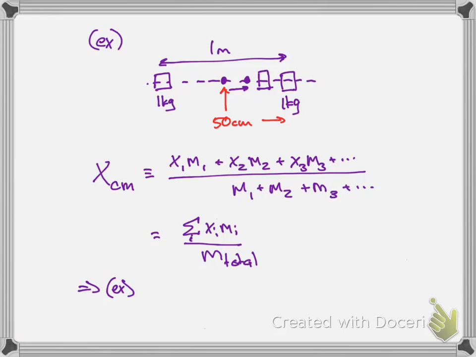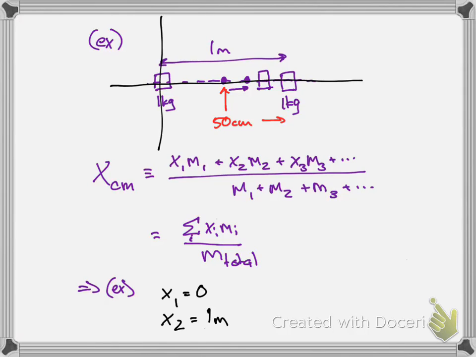They're a meter away from each other, but that's not their position, right? We have to put them on a coordinate axis. So we got to define our coordinate axis. And it absolutely doesn't matter where your coordinate axis is, but we're just going to define one. Let's put our coordinate axis so that the origin is at the first mass and 1 meter is at the second mass. So that means that x1, the one on the left, is equal to 0, x2 is equal to 1 meter, right?